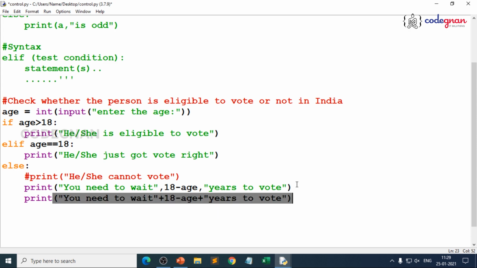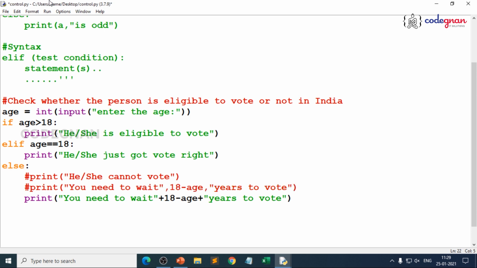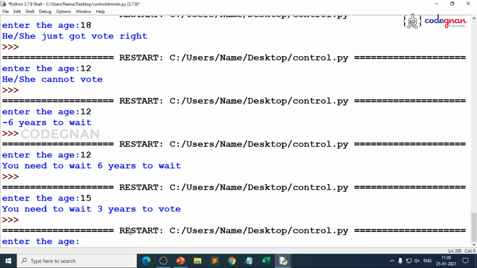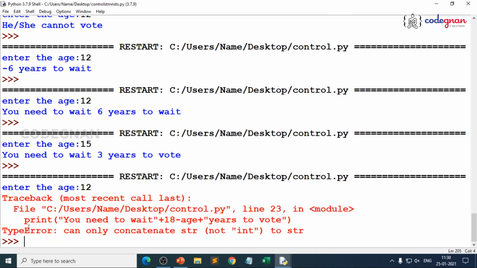Suppose I give it this way and start executing it, let me make this a comment. If I run directly without saving it, it automatically asks me to save, because every time before you run, it will ask you to save the script. So save, and if you enter 12, what did you get?